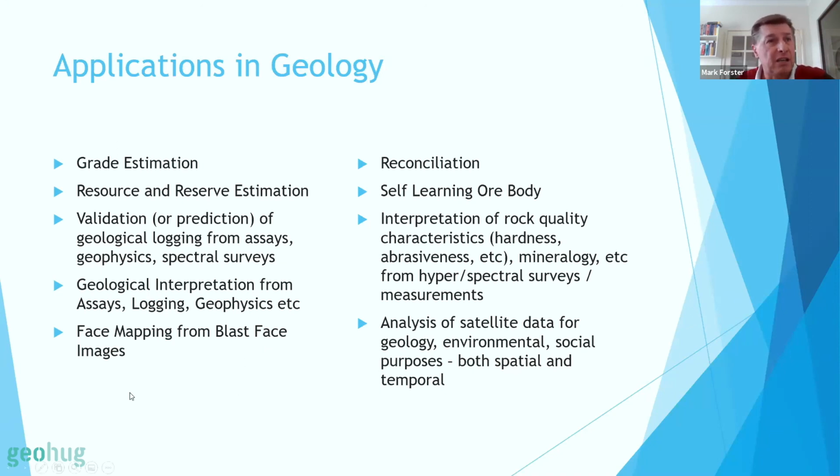In the computer vision space, things like face mapping, core analysis, all that kind of stuff could be automated through a computer vision solution that's backed by machine learning technology. So they're just some of the ideas, and this was just a brief overview of machine learning. I hope it was interesting and that you learned something. And yeah, I hope there's a few questions.